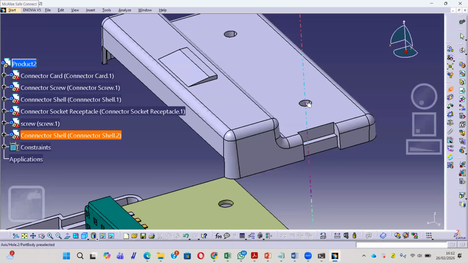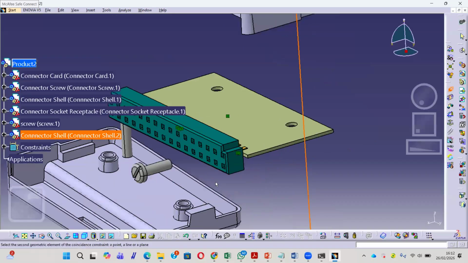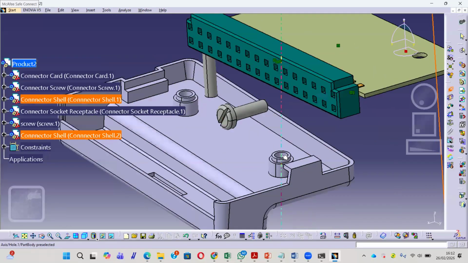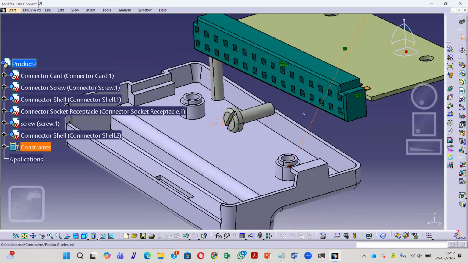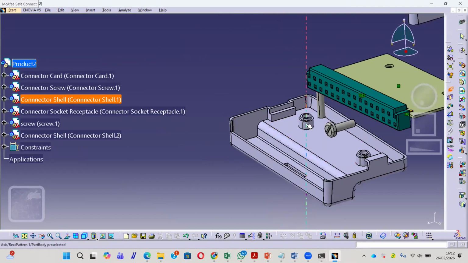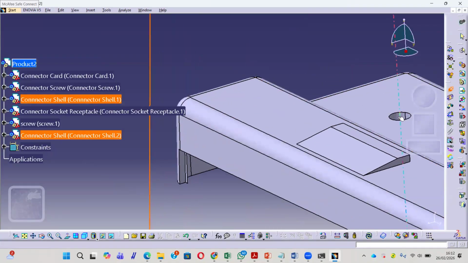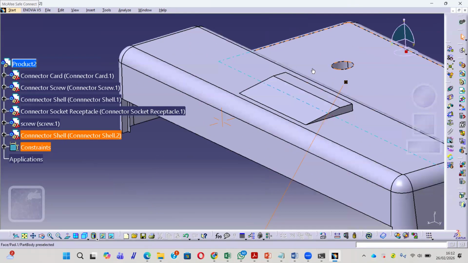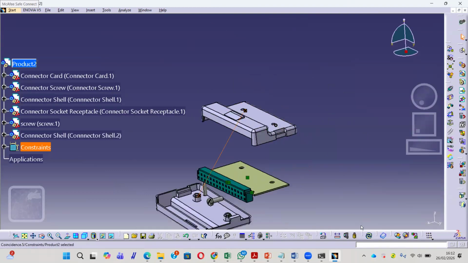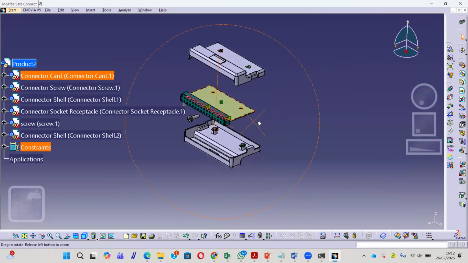If you see axis in the screen, just click this axis, it will be in line with this axis. Also, this axis will be in line with this axis. Okay, and then update. The position is like this.